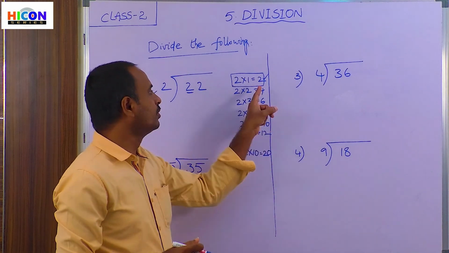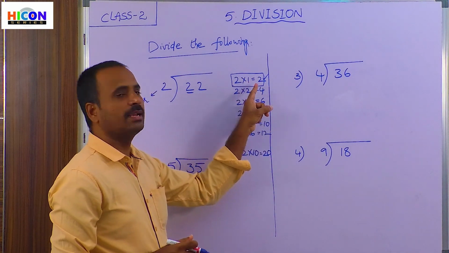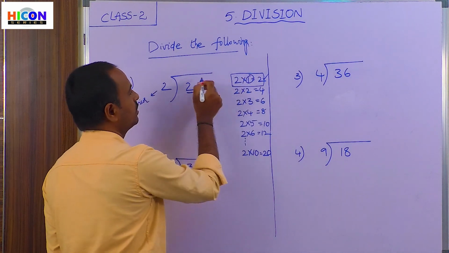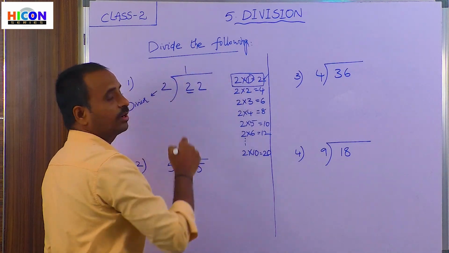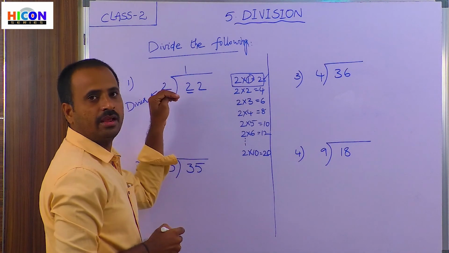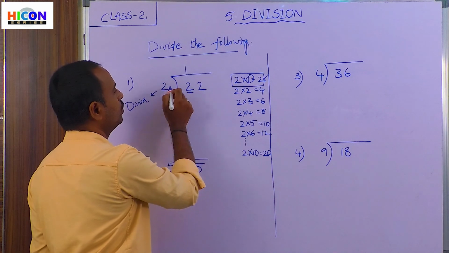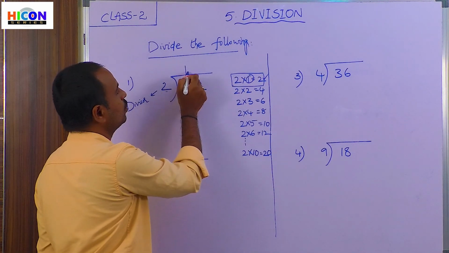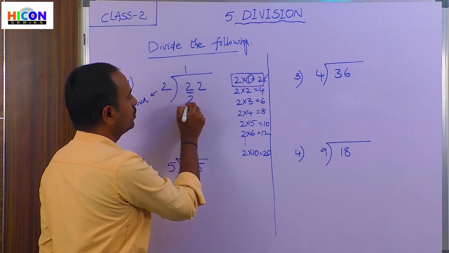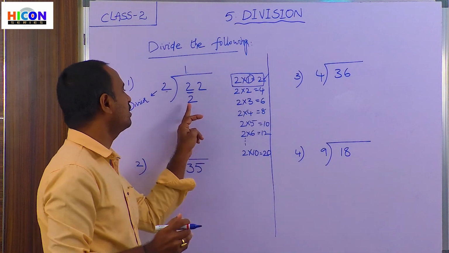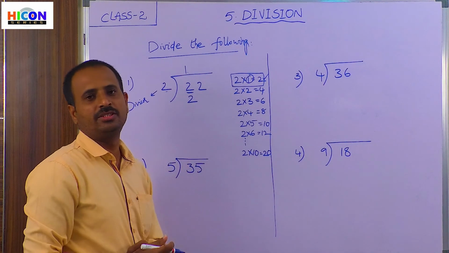So we will get 2 in the second table, that is 1 times 2. So write 1 in the quotient, on the line above the dividend. Now multiply 2 into 1, that is 2 ones are 2. So write that number below the first digit only. Do not write this number below the second digit.